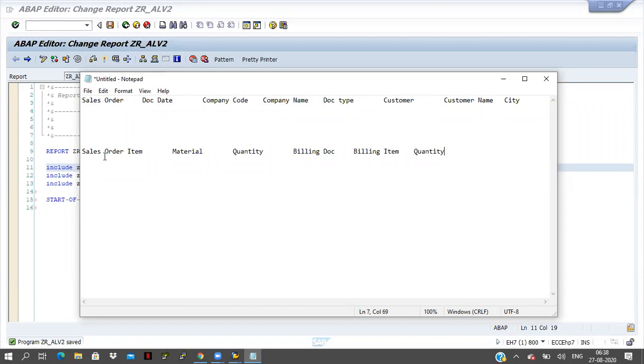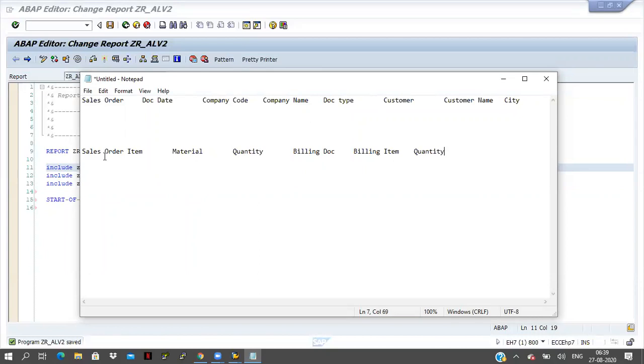So sales order number. One customer is there, and he is ordering some material. Now I have to dispatch the material to him, but I don't have that much stock. For example, the customer orders 10 quantity, but I have only 8 quantity at present.